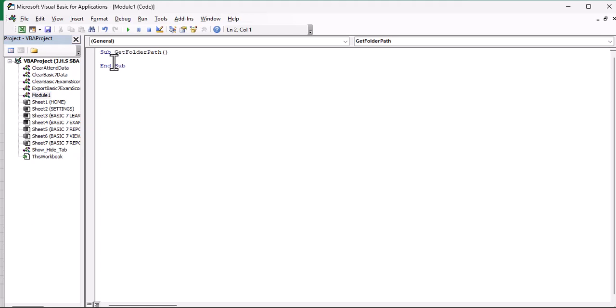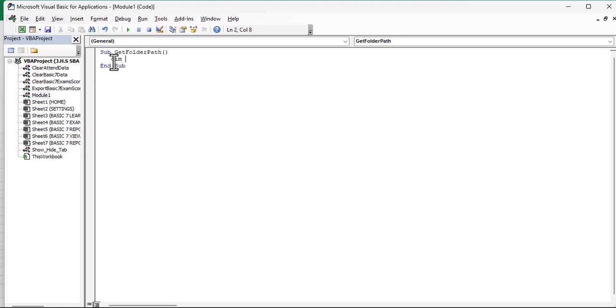first of all, in Excel, if you want to use a variable, you need to declare the variable. Okay, you need to declare the variable, and what we use to declare the variable is called Dim. Dim is a keyword used to declare a variable, and the Dim stands for dimension. So I want to declare a variable. I'm going to declare this variable, and the variable I'm going to declare it as